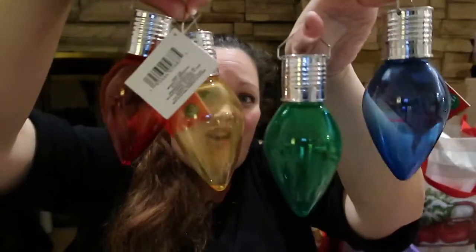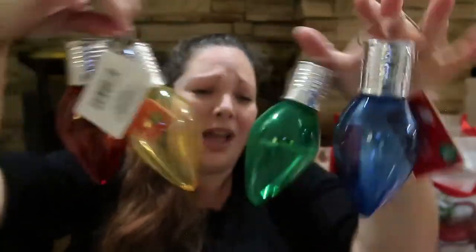My store does still have a bunch of these as well, so after this haul, I'll go hang them outside, and if they work nicely, I'll grab a bunch more. But I just think all the colors look so beautiful, and you really could do a ton of stuff with these. You don't have to use them as lights. I think they would look beautiful as like a